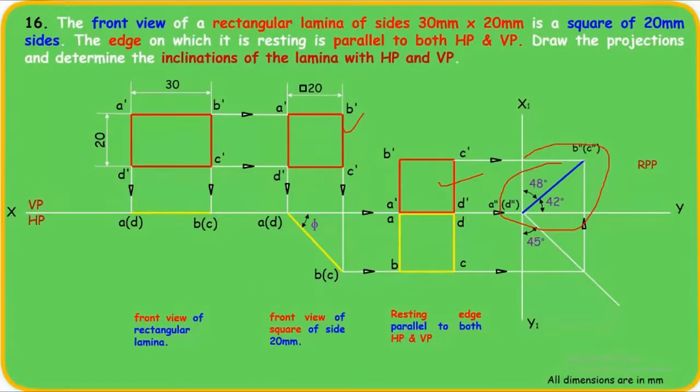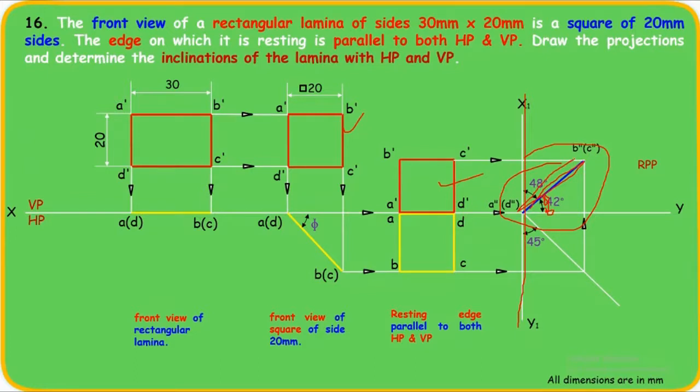So you have to just draw the projection lines. So first you have to draw x1, y1 line. In order to obtain the angles with respect to the vertical plane and horizontal plane, you cannot see the angle when it is placed like this. You cannot see the angle in the front view. You can see the angles with respect to both the planes in the side view.